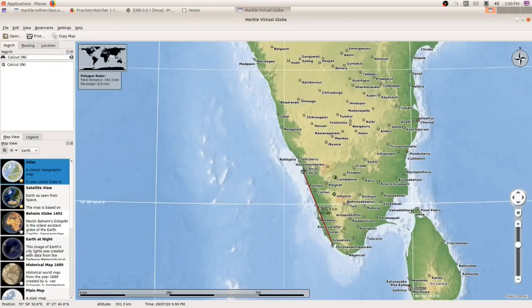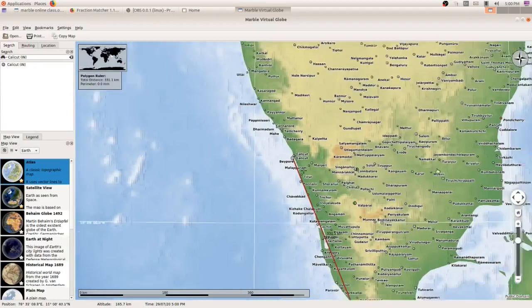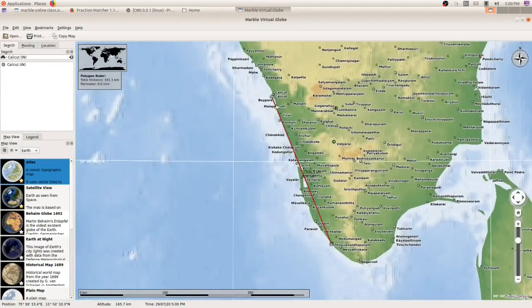Now you can see a red line. I'll zoom in. A red line between Thiruvananthapuram and Calicut, and it is showing in this box. Can you see here? The total distance between Thiruvananthapuram and Calicut is 331.1 kilometers. So this is how we find the distance between two places.